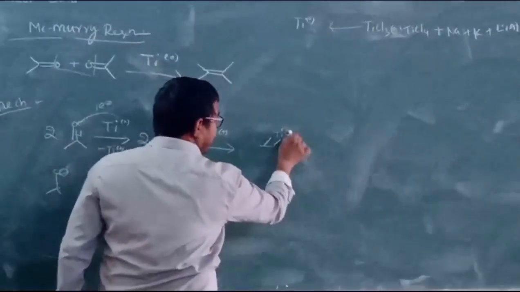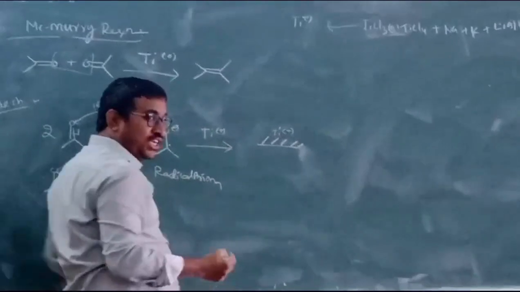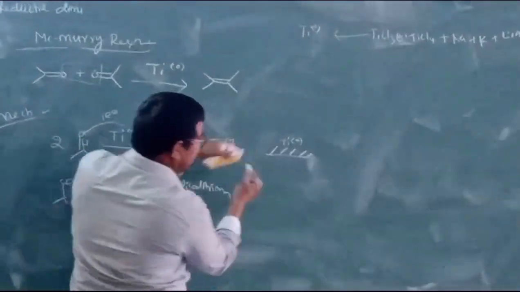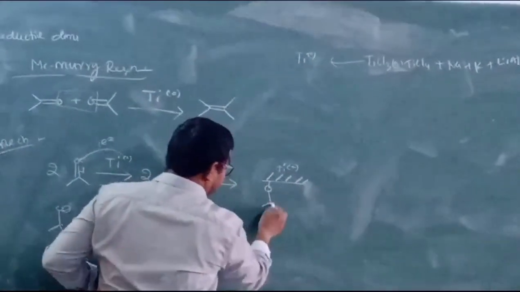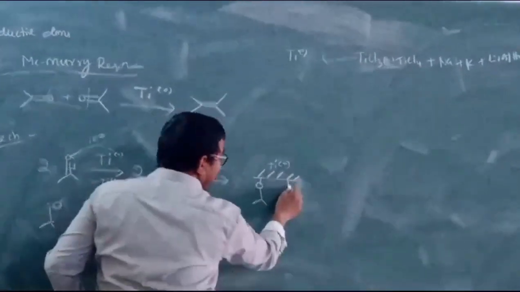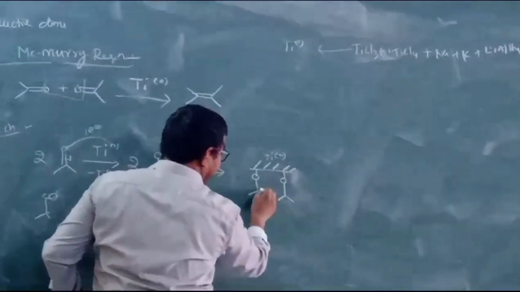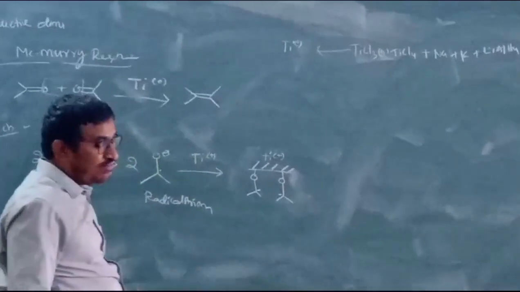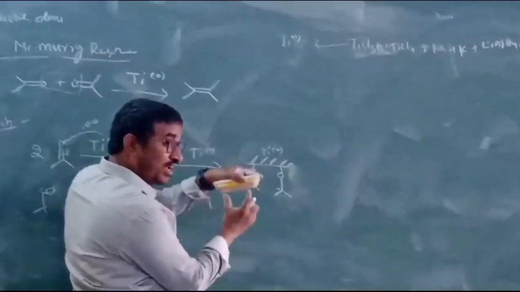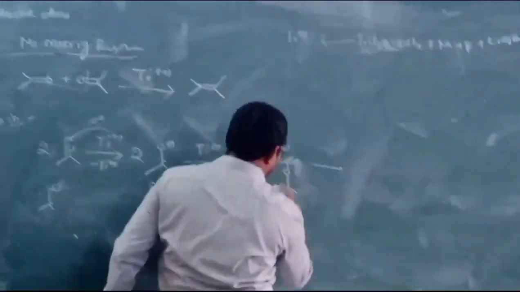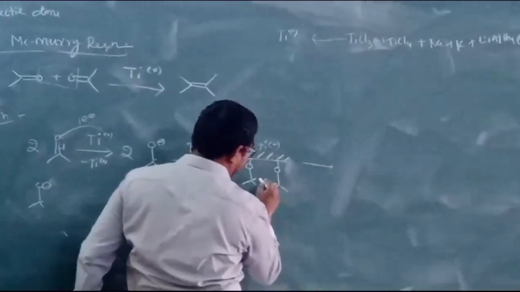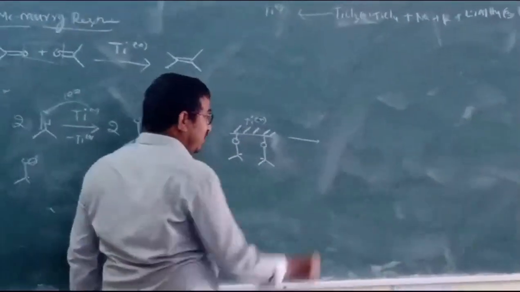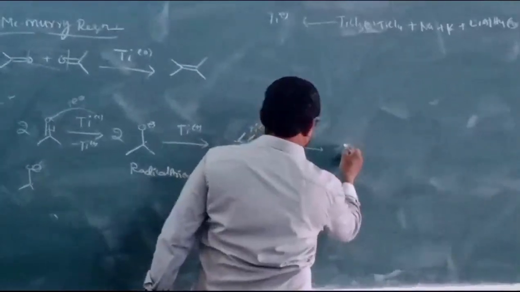When the negative charge of oxygen attacks here, okay, like this. Lower parameter are to titanium, and lower parameter are to titanium, and radical triangle. Okay, by radical function, now it is like this. Now it involves bond formation between these two radicals. Bond formation between these two radicals takes place. Then the product is